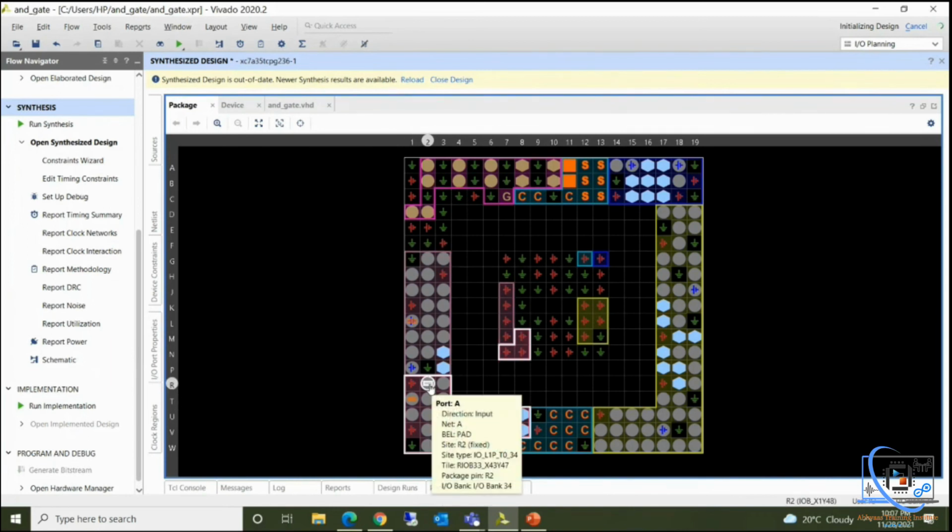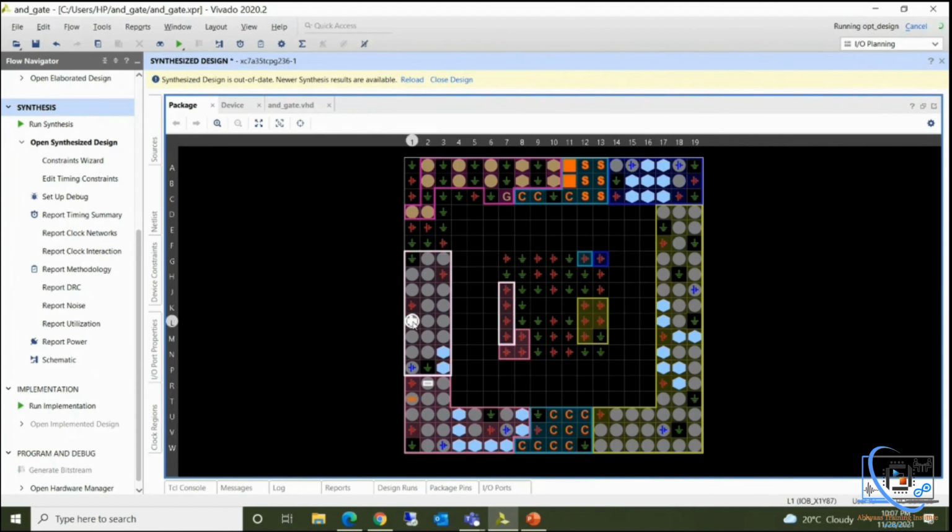It is saying port A direction is input. All the details you can see here. And we assigned C at L1, so we'll look at L1. If you hover over this, you will get all the details. Port C, direction is output, which IO bank it is, and everything you will see here.